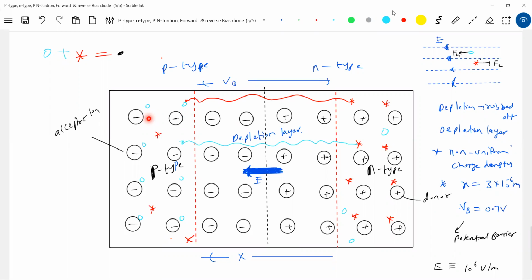Yes, what is it here again? There'll be breaking and making of covalent bonds taking place due to thermal agitation. These are some very important ideas. I'm going to put it here: due to thermal agitation. We'll write it here. No, this is the covalent bond. I'll show silicon like this, and this is the valence electron.